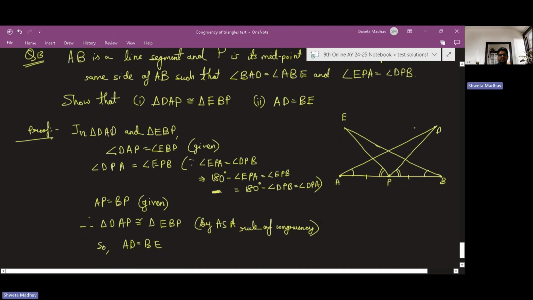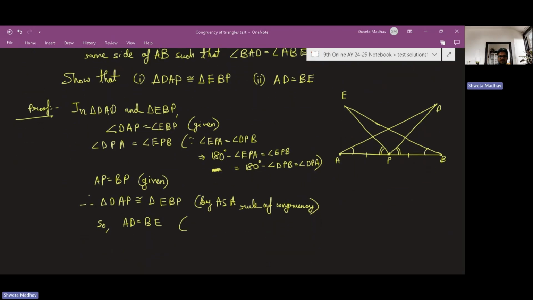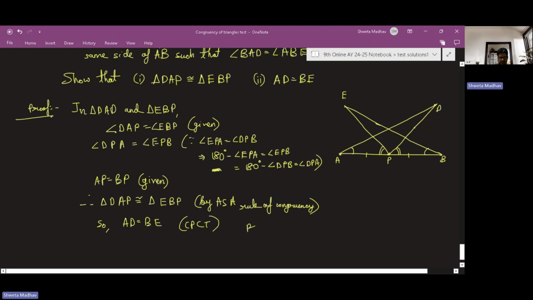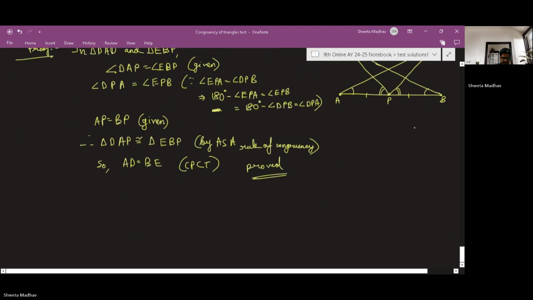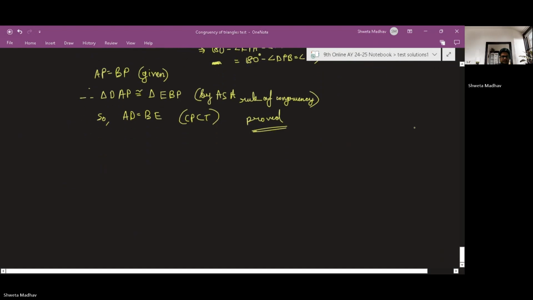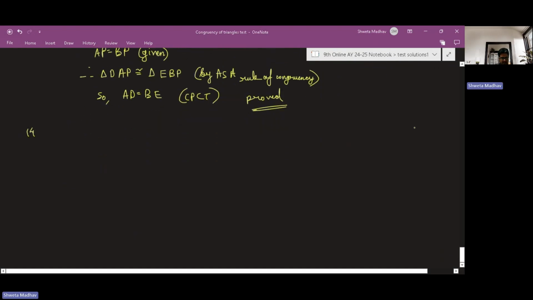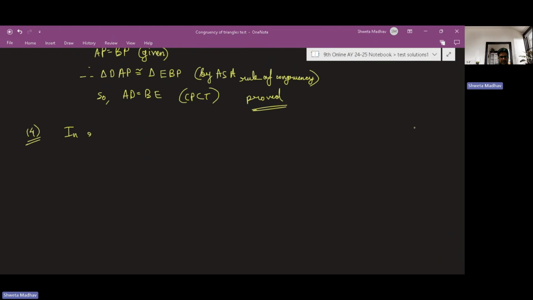It is equal to B by CPCT. So hence B. Then in question number 14, it is told that in right angled